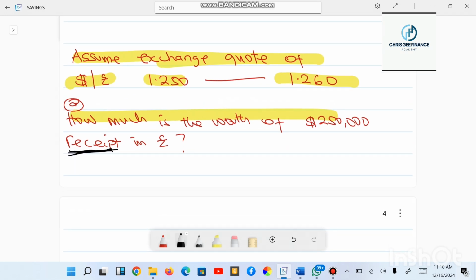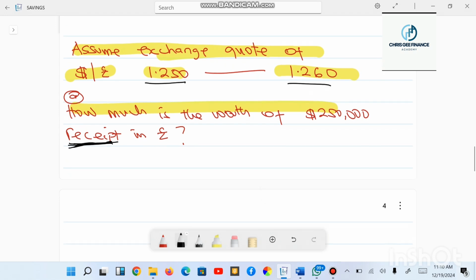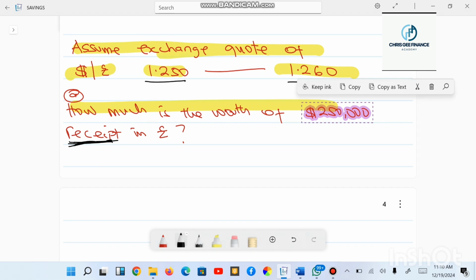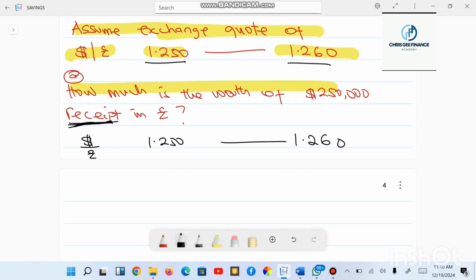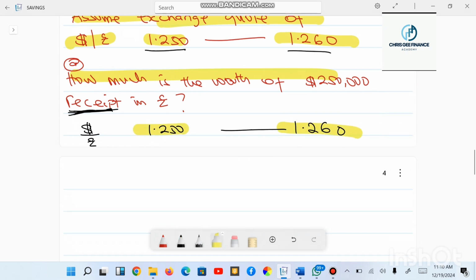So now let's pick this. Assuming that we have this 1.250 to 1.260, what is the worth of 250,000? All I need to do here is very simple. I will simply rewrite this quote as dollar over pounds, 1.250 to 1.260. What this is going to help me do is understand how this quote works. So now there are two rules basically. Rule number one